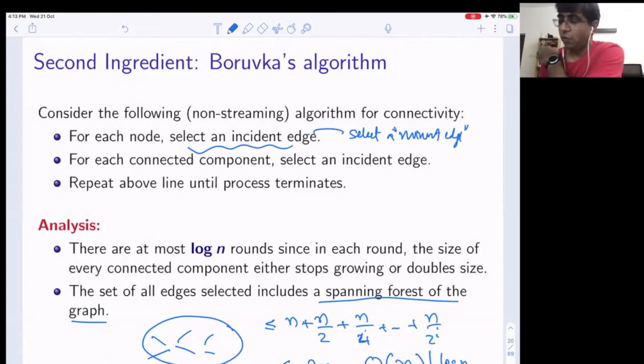Okay, so if you wanted to do a minimum weight spanning tree, as Venkatesh points out, for each node you don't select an incident edge, but you select a minimum weight edge. And if there are several, you can just select any one of them. But still, doing MST exactly in streaming, we still don't know when both insertions and deletions are allowed. So selecting a min weight edge will be a difficult task, but selecting an edge will be a simpler task. Okay, so I hope this algorithm is clear to everybody.